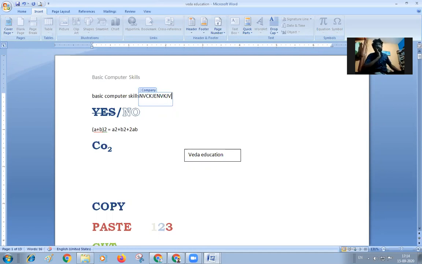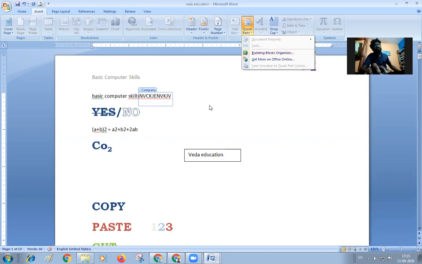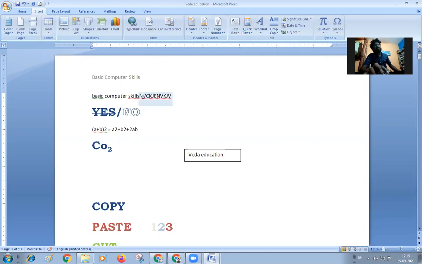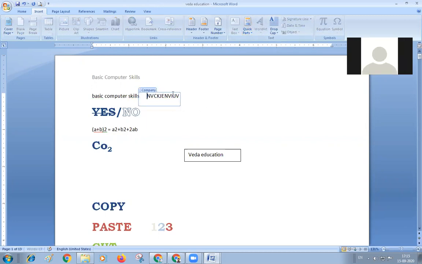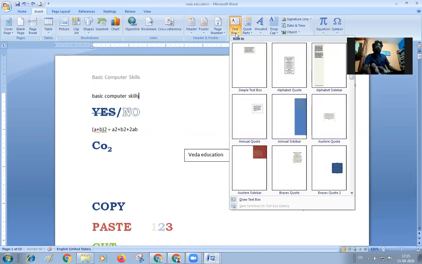You can insert a column, you can insert a text bar if you want to insert a text box, but it is better to use this text box when compared to this one. Better to go for the text box compared to the quick parts. The blocks given here are the only ones you can use, but in the text box you can use any type of box. Any type of matter can be inserted in the text box. That's why it's better to go for the text box itself. Text box is very useful to you.